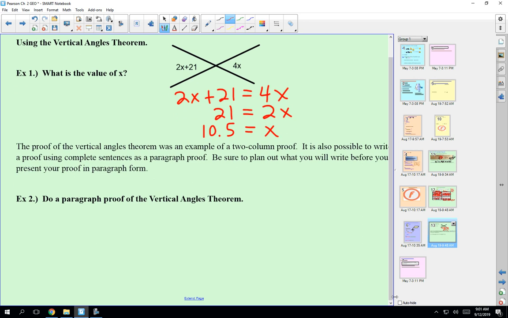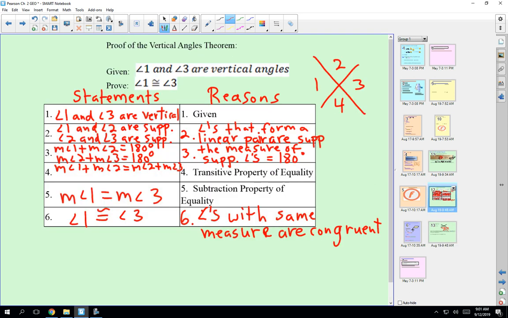And I think we could write this in paragraph form, taking what we kind of already planned out. We just did it in 2-column form. But what might this look like in paragraph form if we write this out? Let's see if we can do that. I'll try to give you an example of that. So we started with, if we go back over here, this is basically our plan, right? So given that,